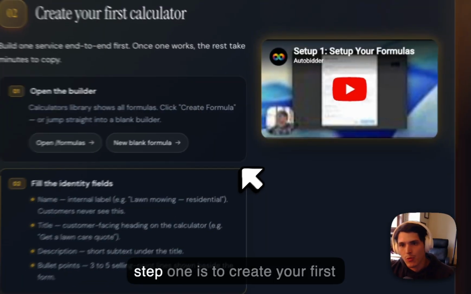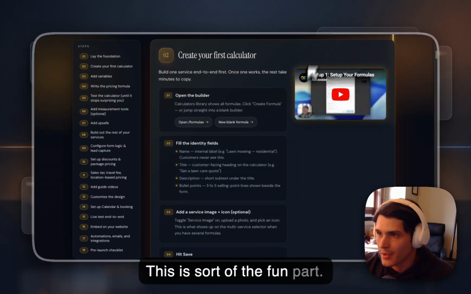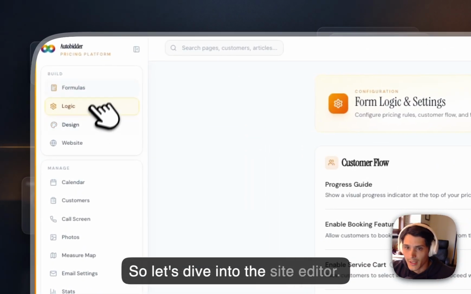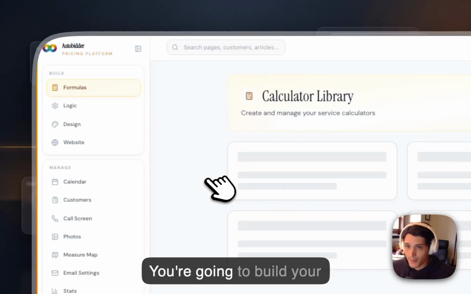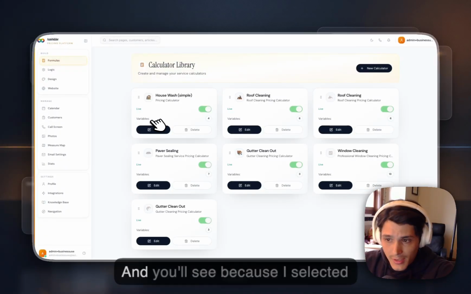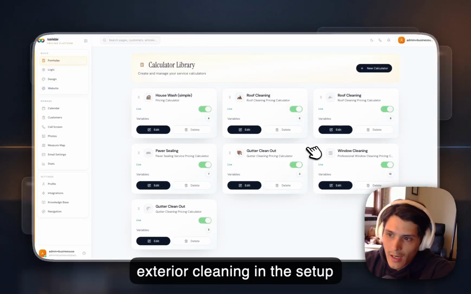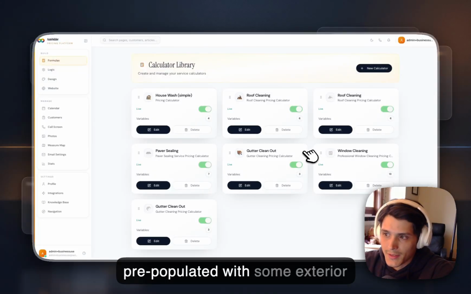All right. So step one is to create your first calculator. This is sort of the fun part. So let's dive into the site editor. You're going to build your calculators under the formulas tab. And you'll see, because I selected exterior cleaning in the setup phase, my account has been pre-populated with some exterior